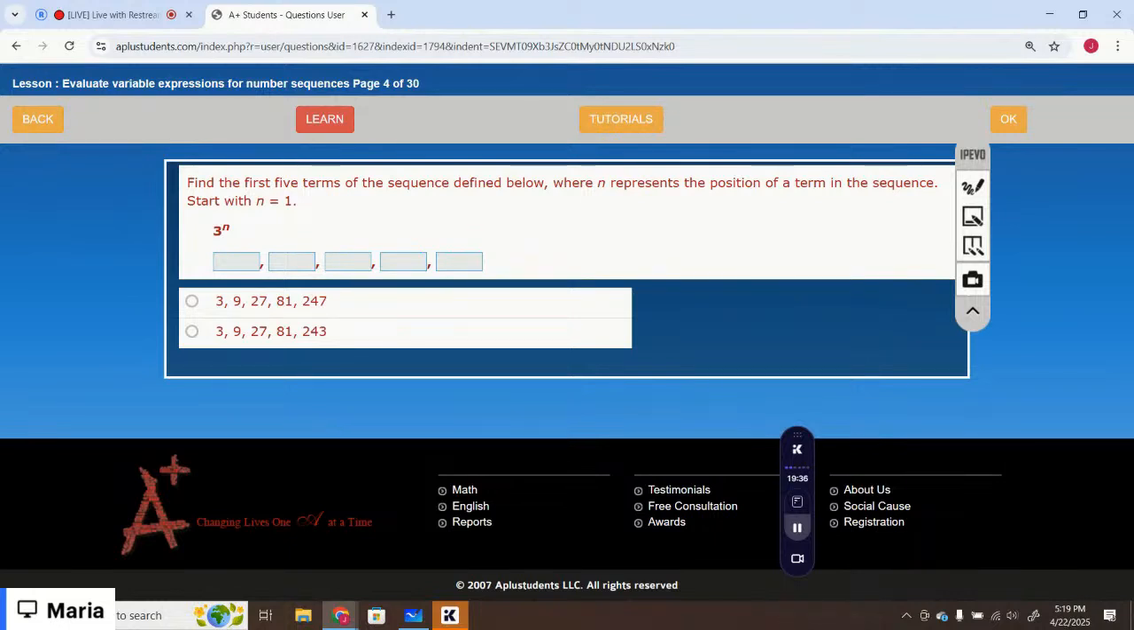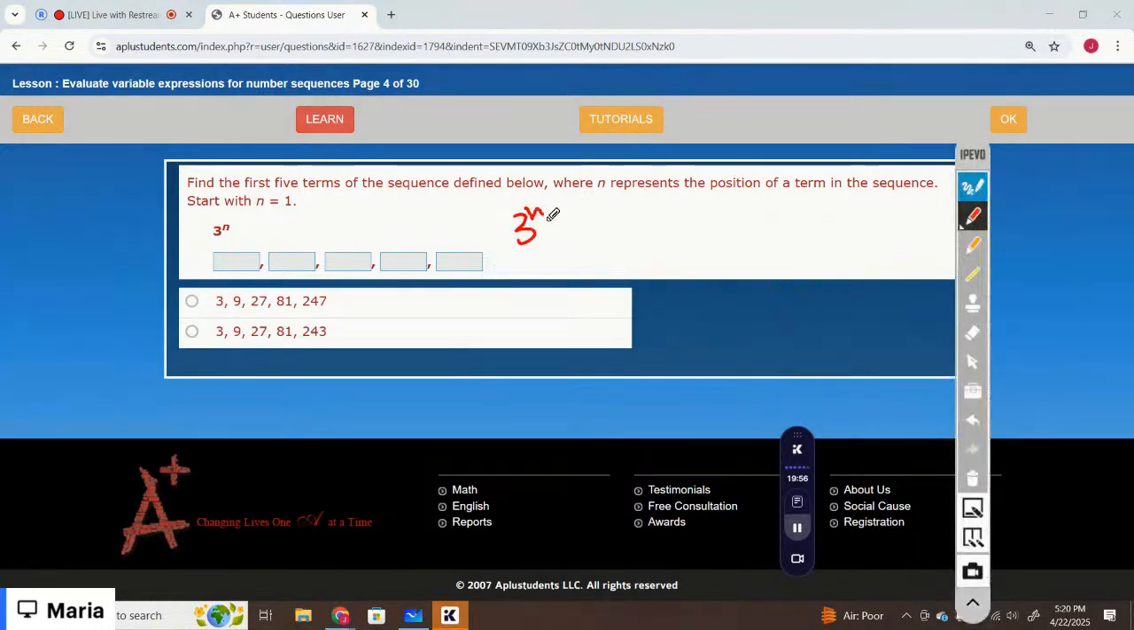Find the first 5 terms of a sequence defined below, where n represents the position of a term in the sequence. Start with n equals 1. 3 exponent n, so which is the correct option? That is 3 exponent n. 3 exponent 1, start with n equals 1. That is 3 exponent 2, then 3 exponent 3, and 3 exponent 4. So the correct option is 3 exponent 1 is 3, 3 exponent 2 is